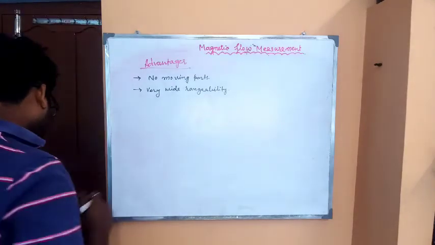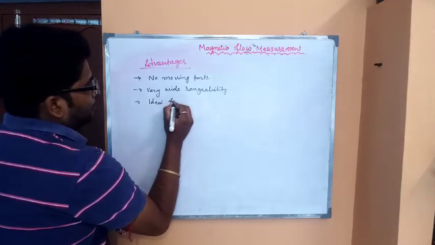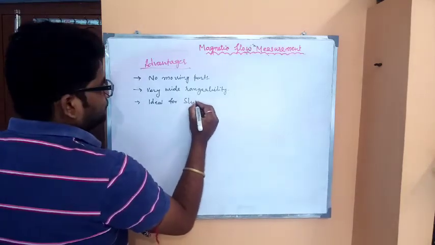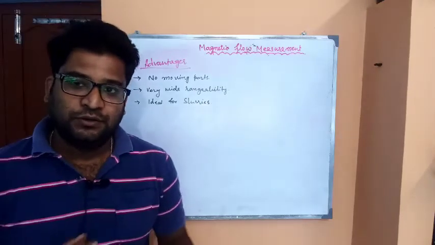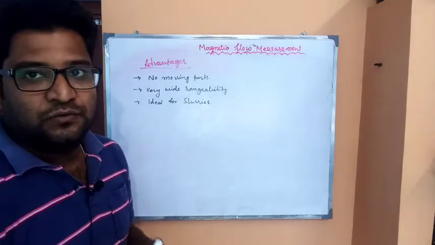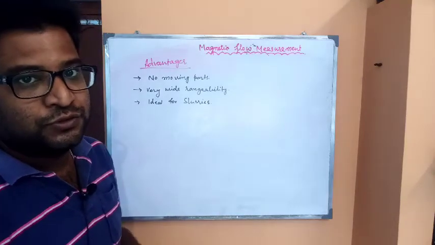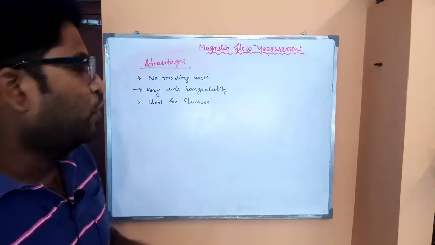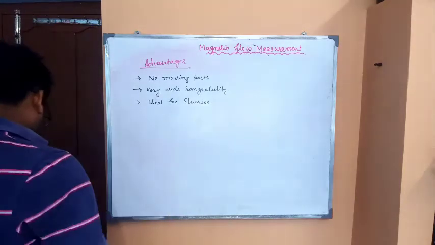Okay, and it is ideal for slurries, that is the waste part of any material. Likewise in a coal washery, when we are going to wash the coal, the impurity particles with the coal which is flowing are dumped out in a slurry pond. So this is known as the slurry of that particular material.